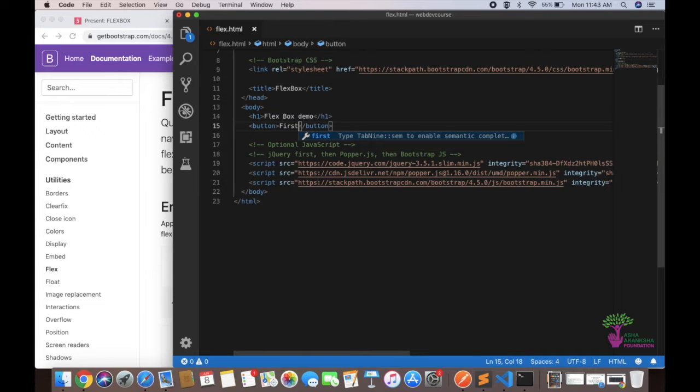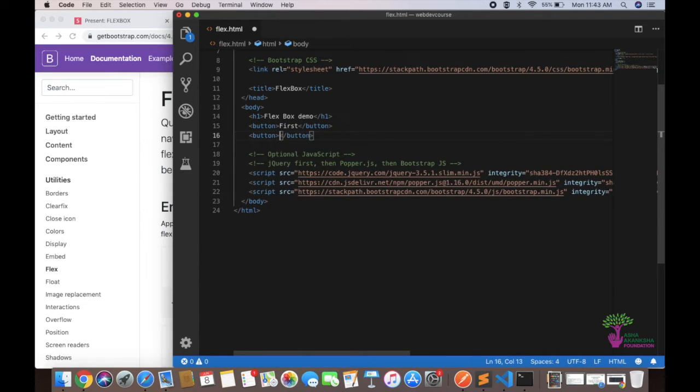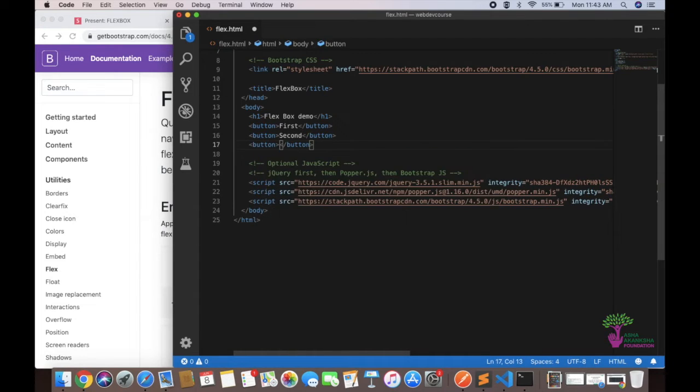Now what I'm going to do is make 3 buttons: first, second, third. And just to use Bootstrap and make them look good, I can add a class to all of them. This one can be btn-primary. And just in case you do not remember, class equals btn gives Bootstrap an indication that this is a button, and btn- followed by the next word decides the color of the button, the background color and all. So I can do warning, and here I'll do